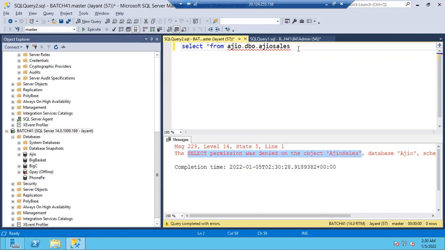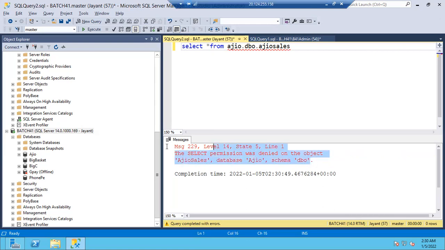Okay, you have to concentrate on what error you are getting. If you execute this one, you will also get an error. What is the error? There is no object found. That is a different error. You have to get the "you don't have permissions" error: the select permission was denied on the object. Concentrate on which error you are getting. You can enter this error also; just go to the cursor and hit enter, and it will automatically come in two lines. Fine. So now Jayant doesn't have permissions.